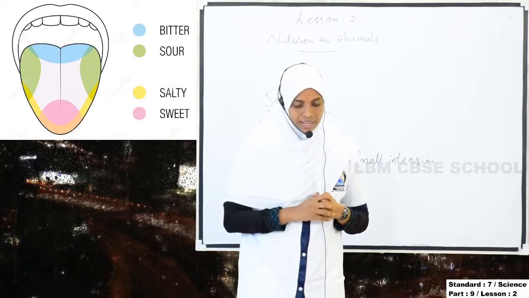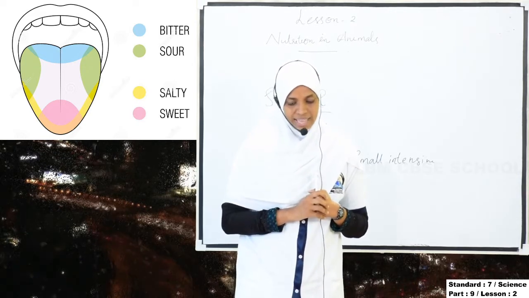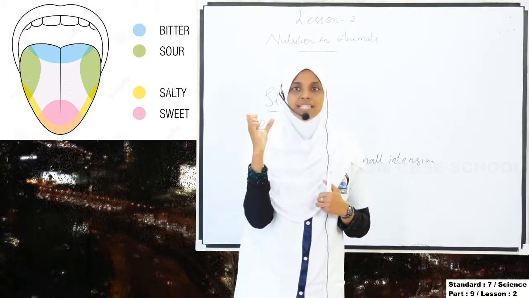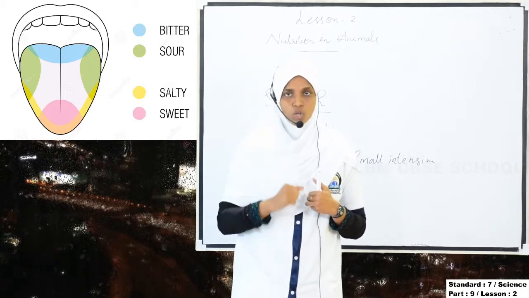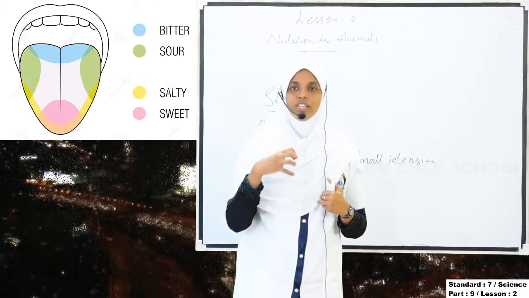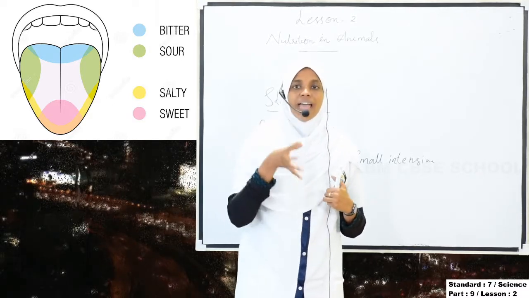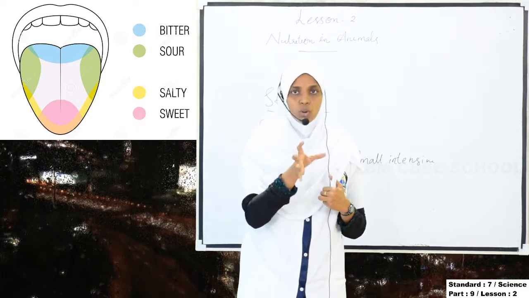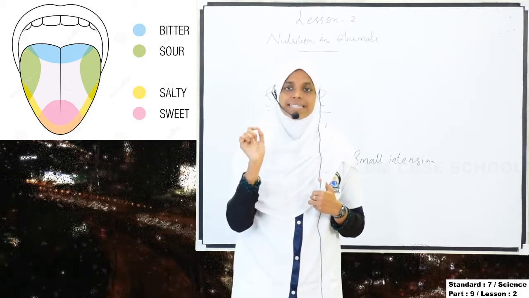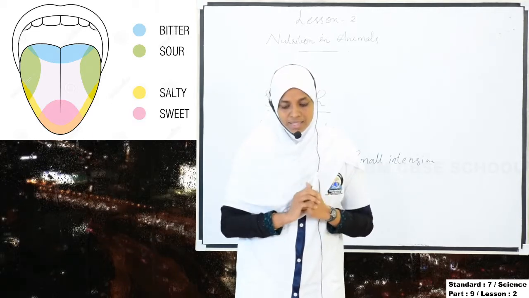The acid kills many bacteria that enter along with the food, and makes the medium in the stomach acidic, and helps the digestive juice to act. We know that there is an acid present in the stomach, hydrochloric acid. Along with the food, certain bacteria enter the stomach, and this acid kills these bacteria.